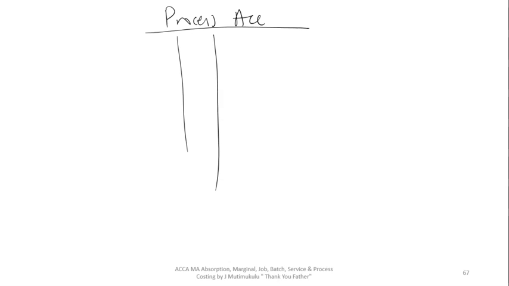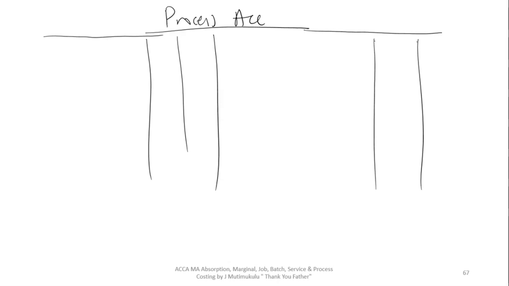So we'll be having two columns on the debit and two columns on the credit side. All right, one of the columns will be for the quantity and the dollar, or the units and dollar. All right, so this is our debit, this is our credit. Okay, so we debit with every cost that has been incurred in the process. So we start with the materials.